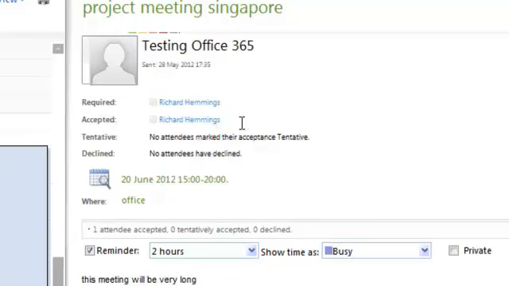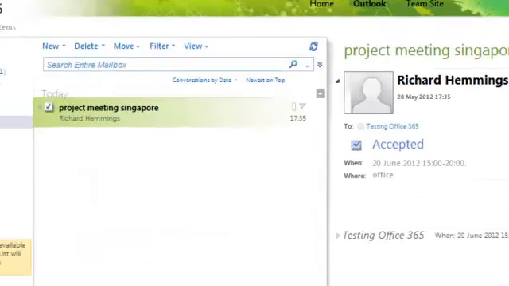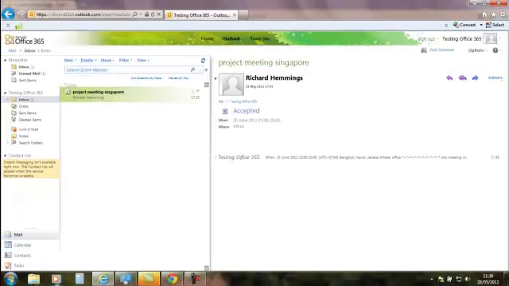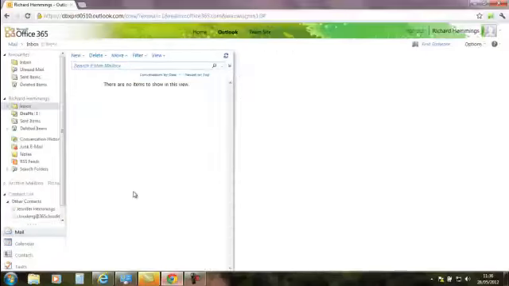So I've now accepted the meeting, and this will now synchronize with our mobile phone or the client's desktop, so that we can never miss the meeting, or we'll never be able to say that we didn't know about it, because it's going to send us notifications on every single device that we use for email, and that includes the calendar in there. So if we go back to mail, it just sends a notification email as well to say that I've accepted the email. So if I go into my own calendar